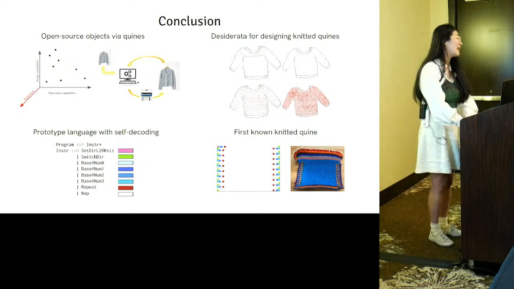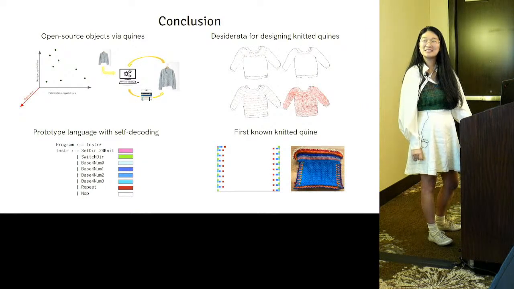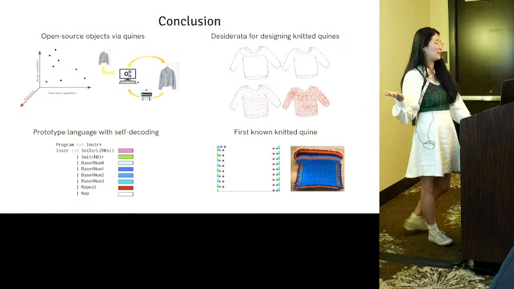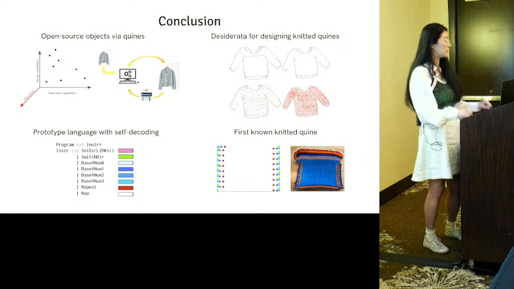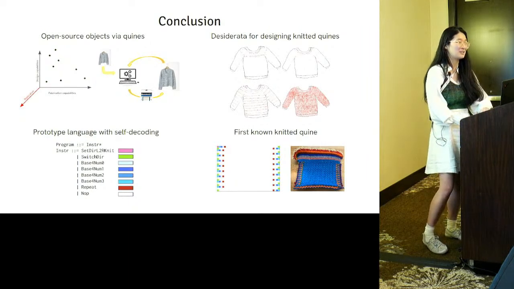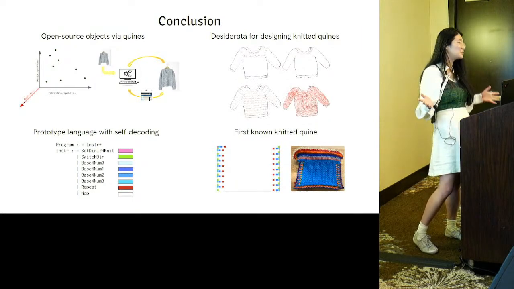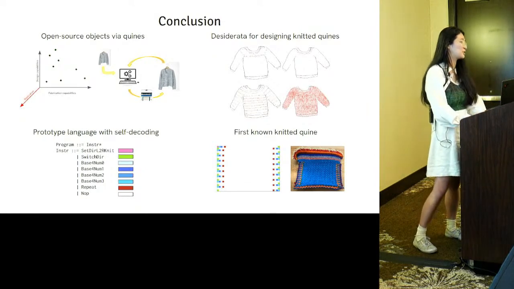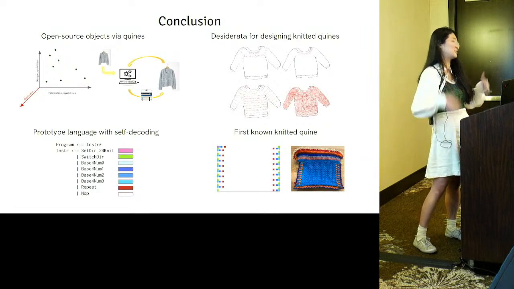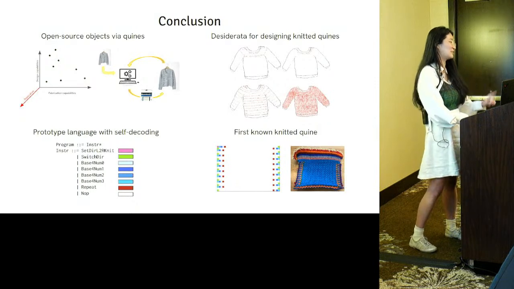I think you rely on the design that you have. But it'd be interesting to see what would be possible to make an invisible encoding or a less rigid encoding. For example, maybe you have instructions that say knit a sleeve of certain dimensions, and I don't care how you do it. I could imagine making it less rigid, or you could put it on the inside, or do other tricks to make it less physically visible. I think that is a really interesting area for future work. I really like that question.